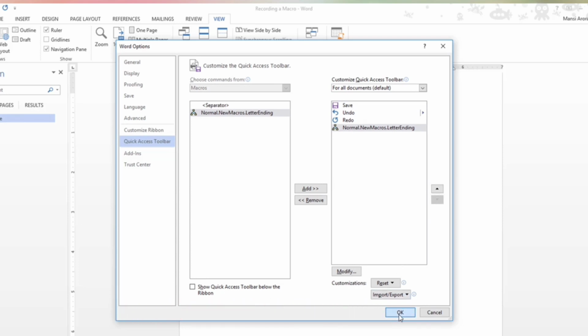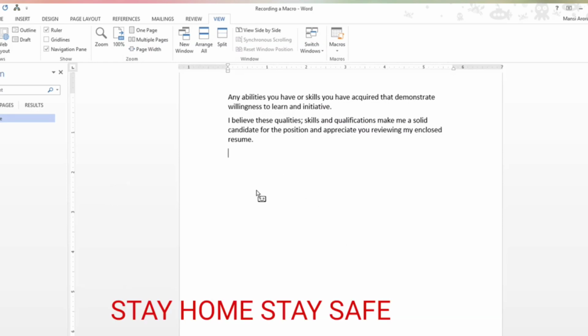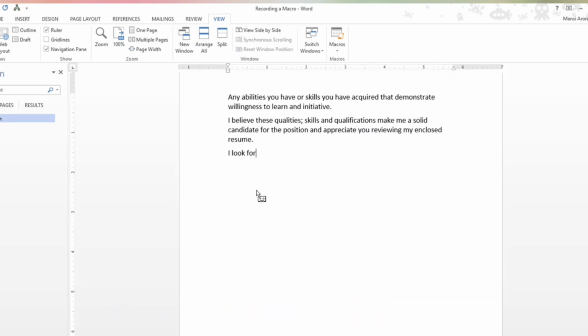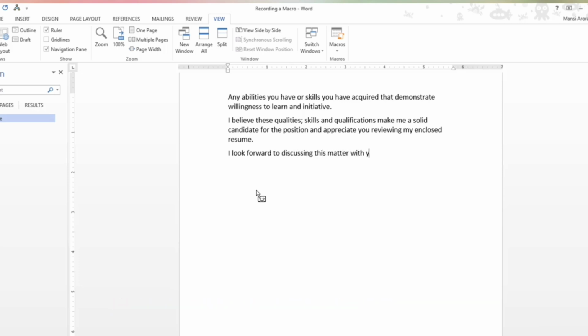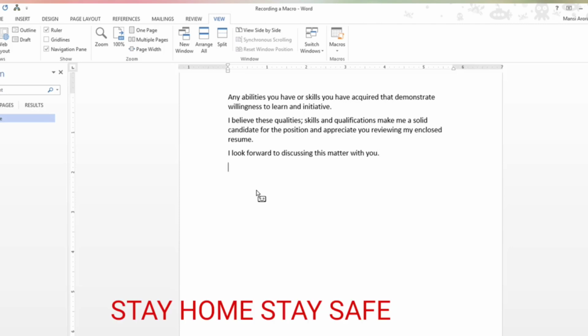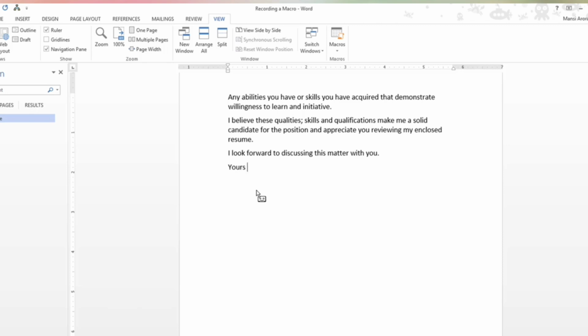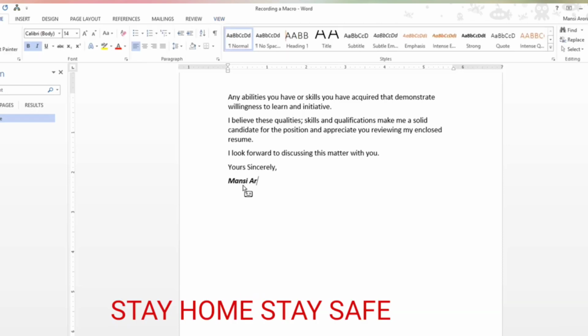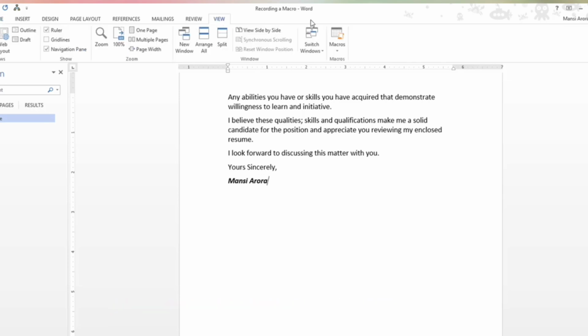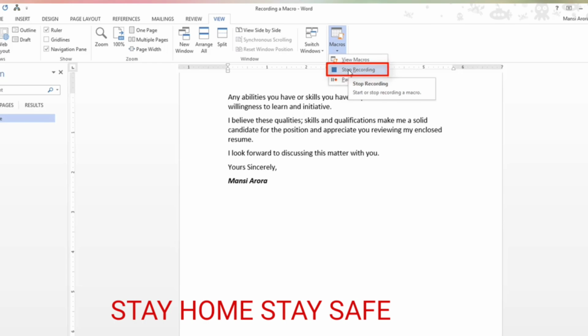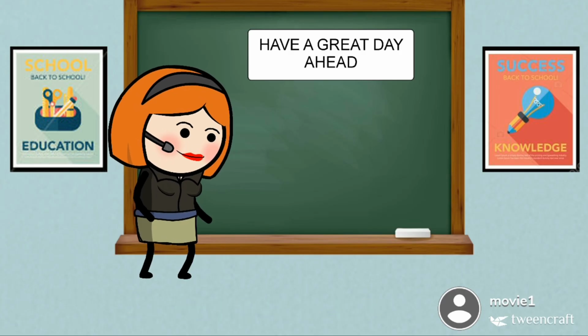Now I'll press OK and you will see the recording of the macro will be started. The text which I am typing, the formatting which I am pressing, and everything I click on is then recorded by the macro, which I can use later by running the macro again. And once you are done, you can go to the View tab, and if I click on macro, stop recording. So I can click on this.